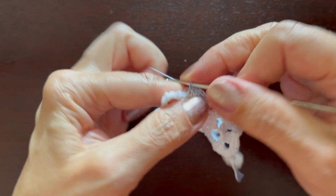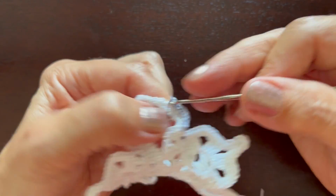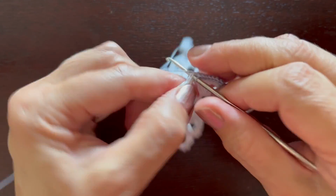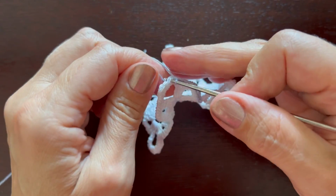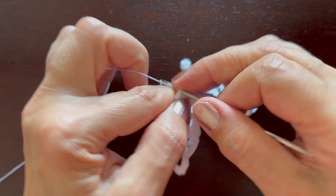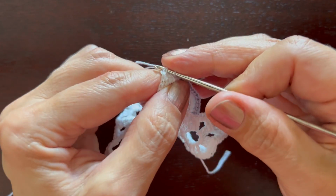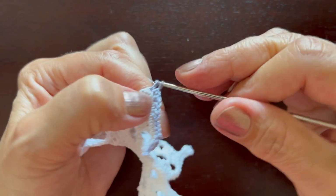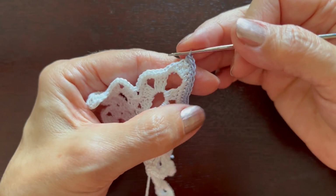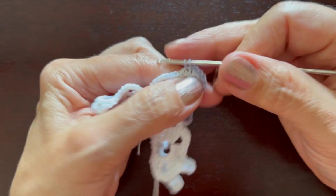So single crochets, stitch in stitch, hiding this thread, end of the thread. Okay, now I got to a double crochet. I'll make a single crochet, and in the triple crochet I will make 1, 2, 3 single crochets, and then I will continue with single crochets, stitch in stitch,